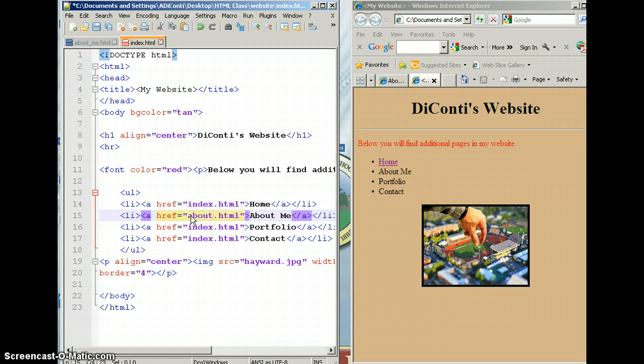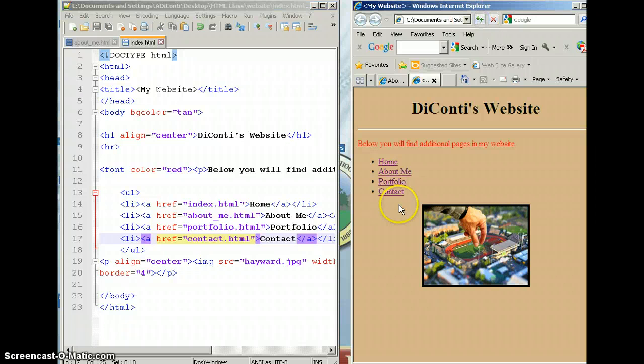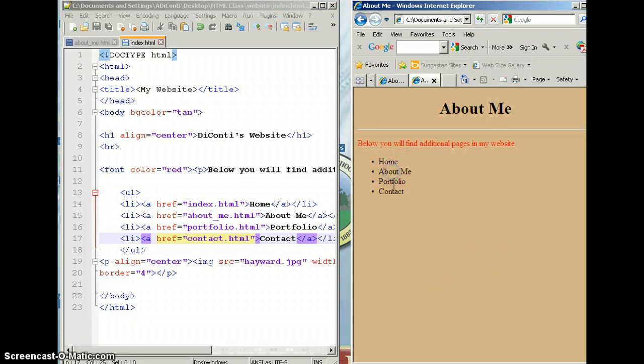This one was about me. Again, don't forget the HTML. This one is portfolio, and this one is called contact. And I'm going to save it, refresh, and now